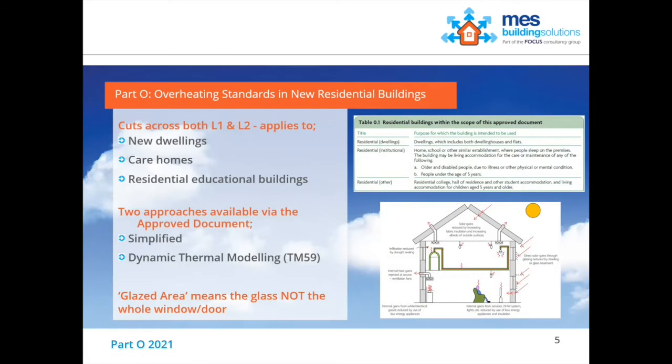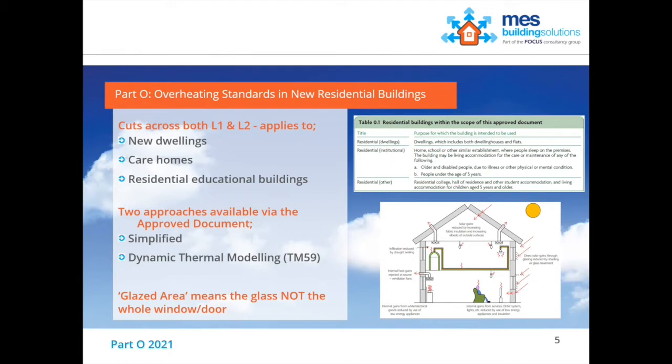So as a result, as we can see, this applies effectively to several different types of building. It's not just relating to new dwellings. It relates to all new residential buildings. But it does slightly cut across the Part L categories of residential and commercial, because you can get commercial buildings, which are things like student accommodation, sheltered living accommodation,